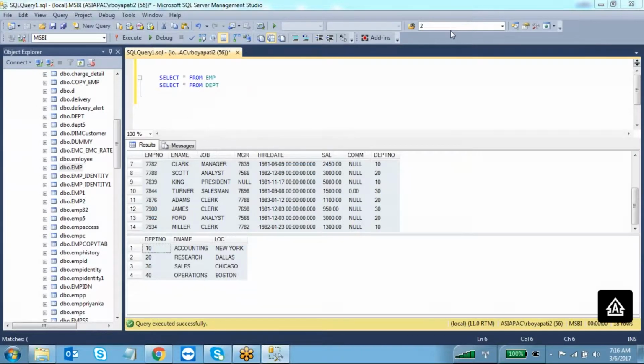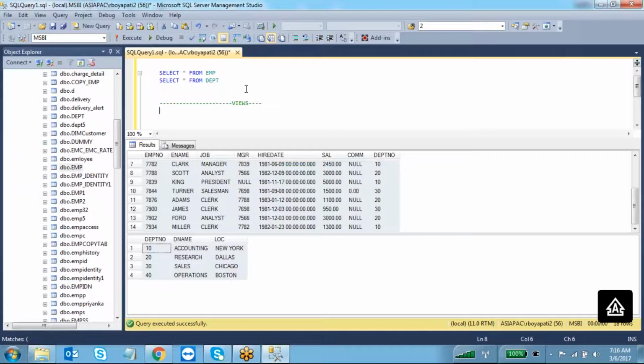So the best solution is views. In real-time scenarios also, mostly the client will give permission only on the views. They don't give direct permission on the tables. So what is a view?